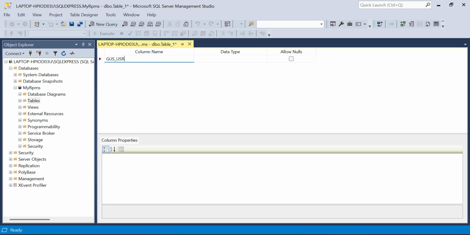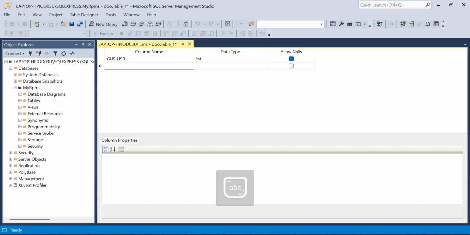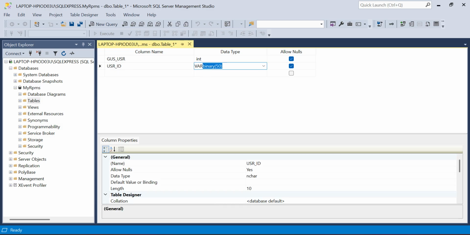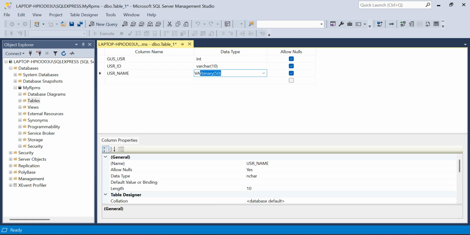First column, Gus USR, data type is integer. Then USR ID, data type I will give it varchar. The length is only 10. And then I will give the name, username, varchar.